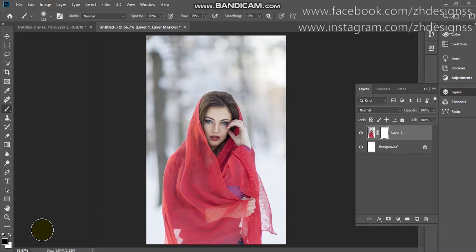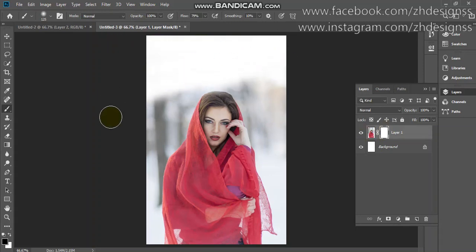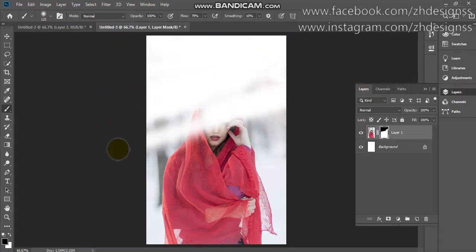Here you can see my foreground color is black, and I have clicked on this layer mask and am using the brush tool. If you use black foreground color, as you can see, my image has been removed. So if you want to remove something from a particular image, you can use black foreground color.